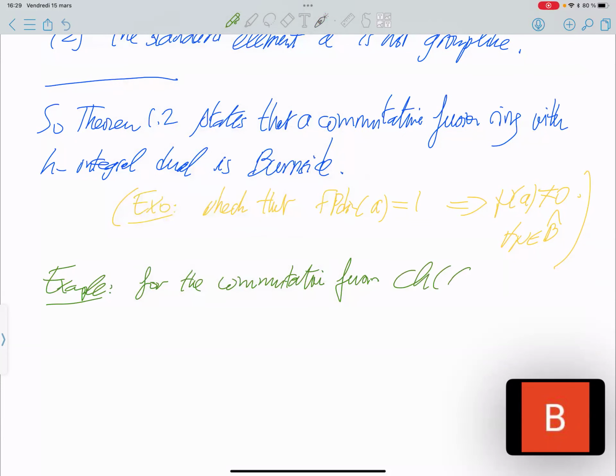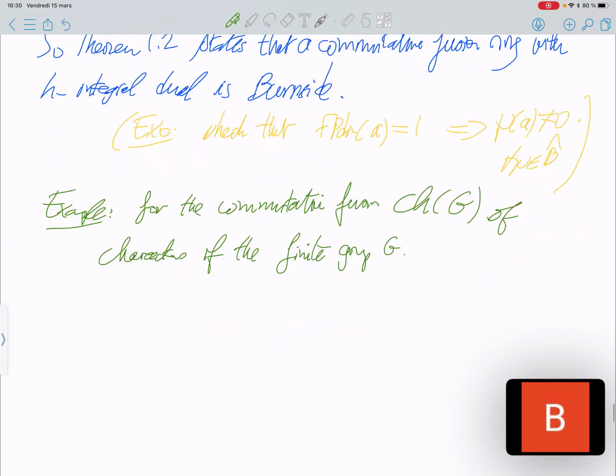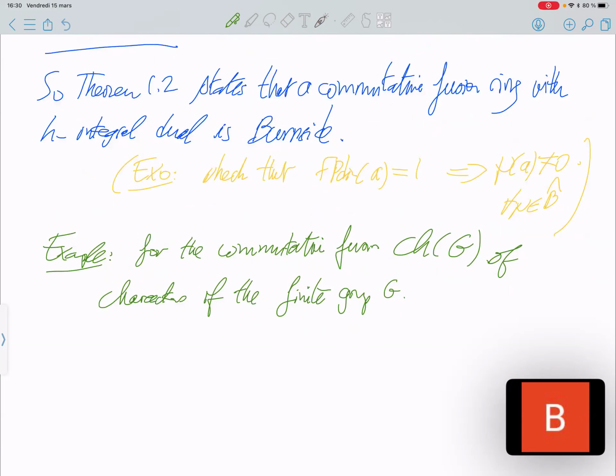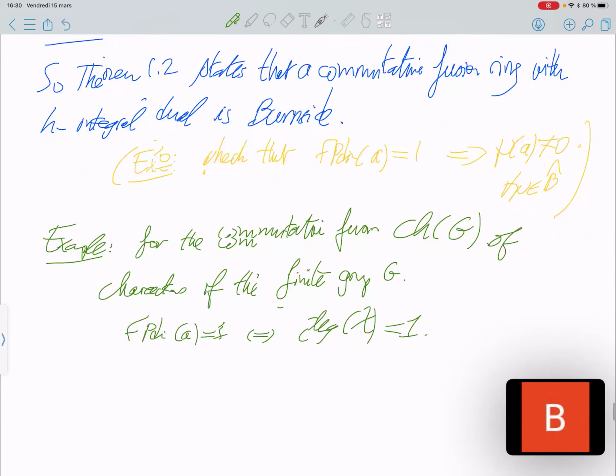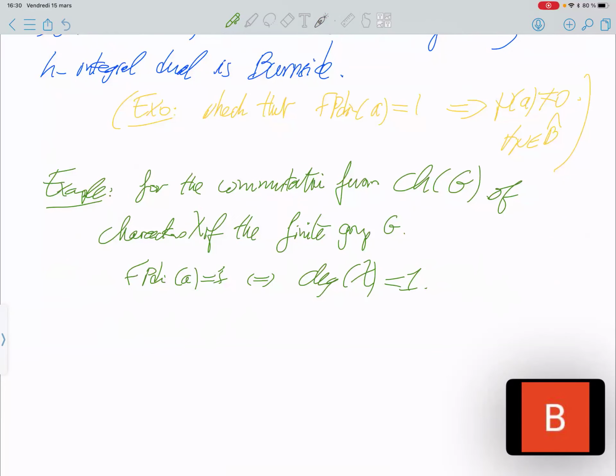For the commutative fusion ring CH of G of characters of the finite group G, so the Frobenius-Perron dimension equal 1 corresponds to the degree of the character equal 1, of characters like that. But for all g in G,